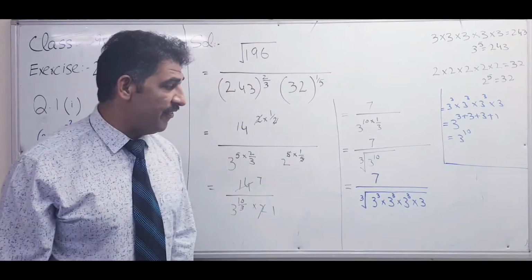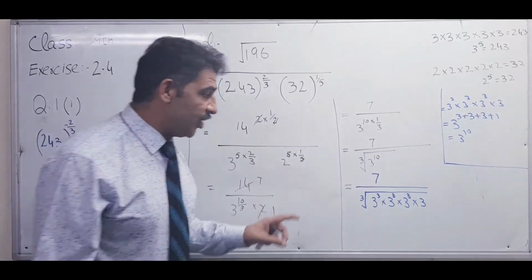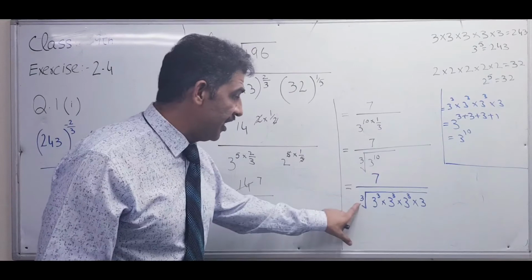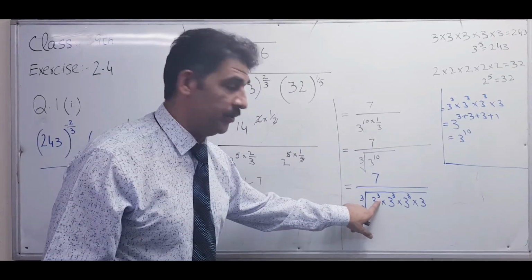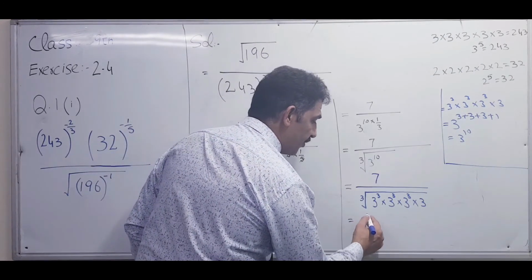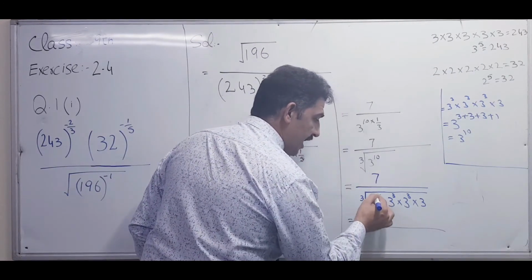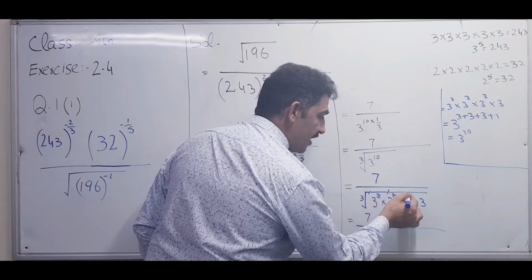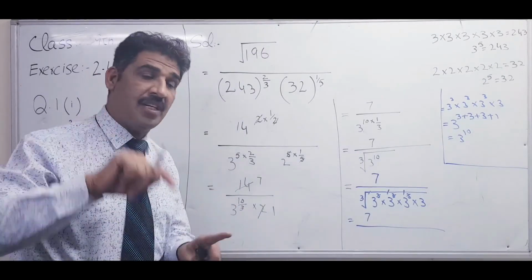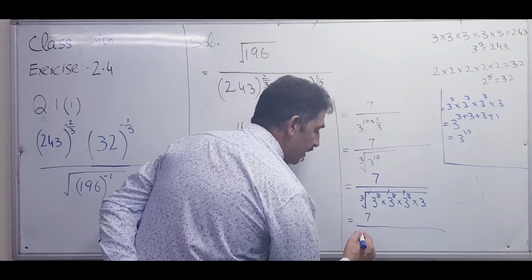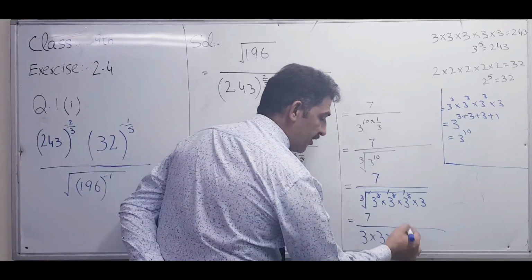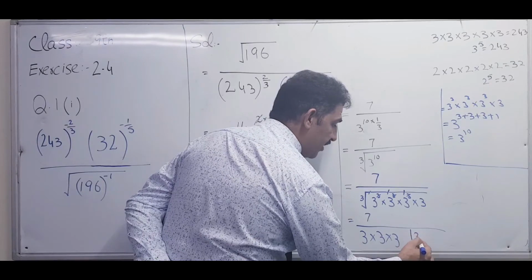So what is the benefit if I am writing like that? Actually, square cancels by square root, but cube cancels by cube root. This cube root cancels this cube. This 3, this 3 and this 3, they all will cancel. So 7 remains, and this cancels by this cube root. This will also cancel, this will also cancel, but the last 3 is not having any power, it will remain. So how to write? These 3s come out of the cube root, and the remaining one is only this 3.